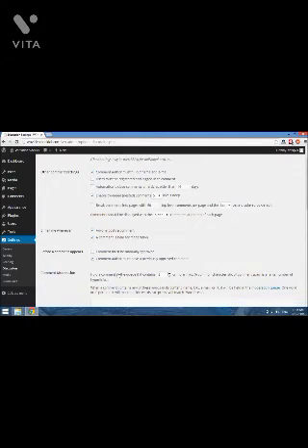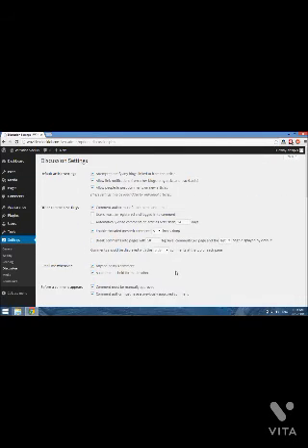The next option is to email me whenever a comment is held for moderation. And before a comment appears, the comment must be manually approved. Comment author must have a previously approved comment. Now you really have the option to just